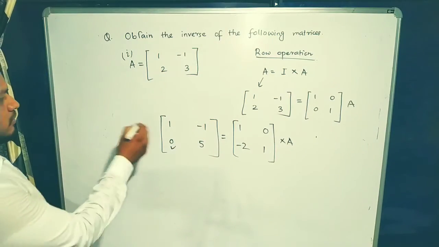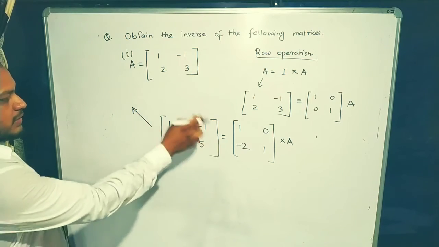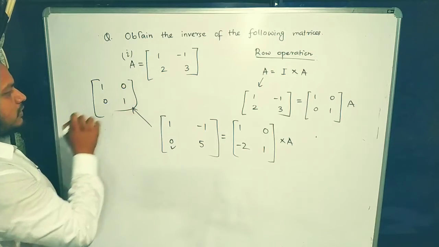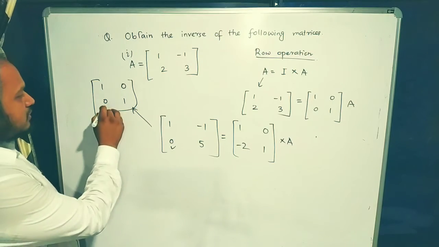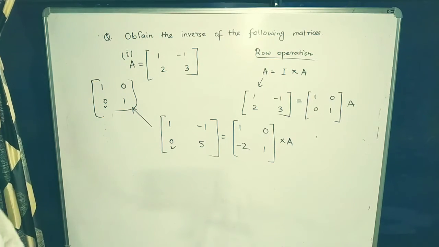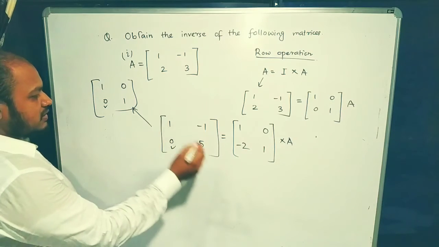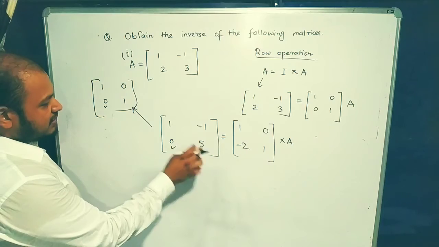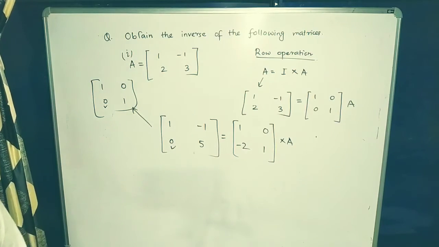Okay. So now we are seeing that after this operation, we have made one of these entries 0. Always remember that we are trying to make this matrix equal to the identity matrix. We are trying to achieve this position. So one of the zeros we have already attained. What is the next thing that you should try? Yes, we should try the next 5 here. So we should try to make the 5 equal to 1.